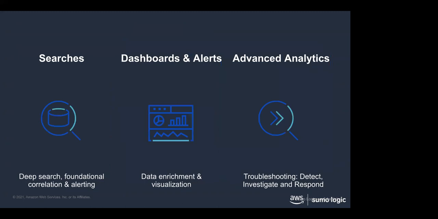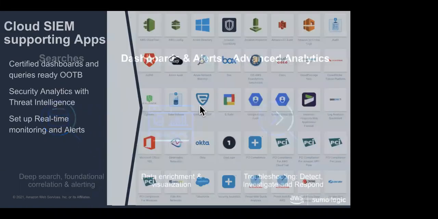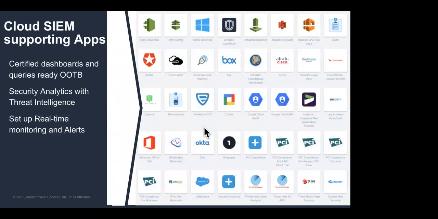So that's the process here that we're going to go through. Again, typically when we use our tool, we wind up creating queries. We do searches, we look at the data, we see what's going on. We build visualizations. We take those visualizations into our dashboards and alerts. We also have some pre-built applications with dashboards and with alerts that you can use. And then, of course, we also have a bunch of advanced analytic functionality in here, log reduce, log compare, outlier functions, all kinds of stuff to make it very easy for you to understand what the data is trying to tell you.